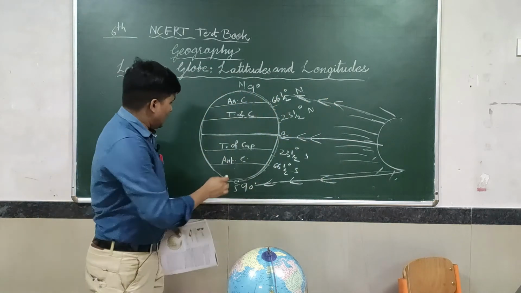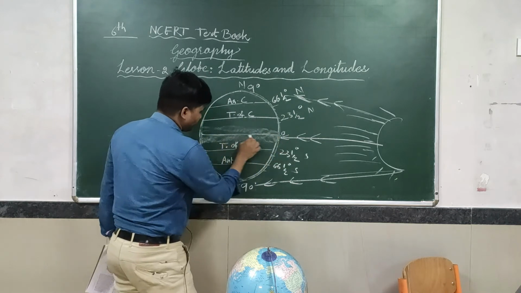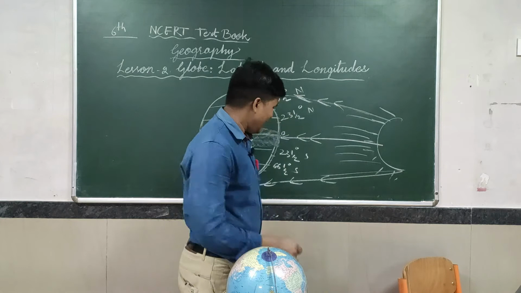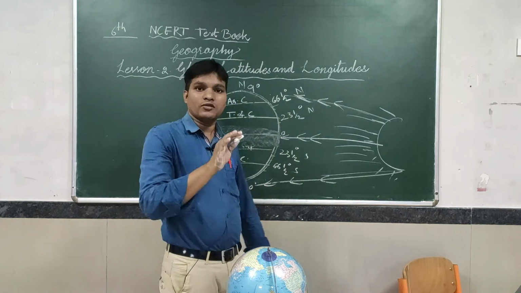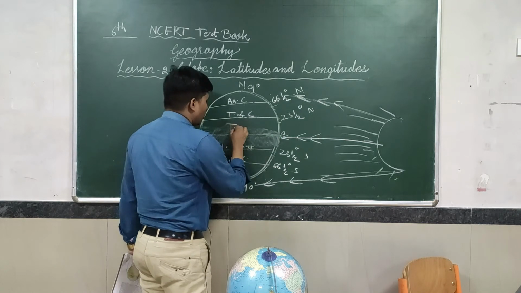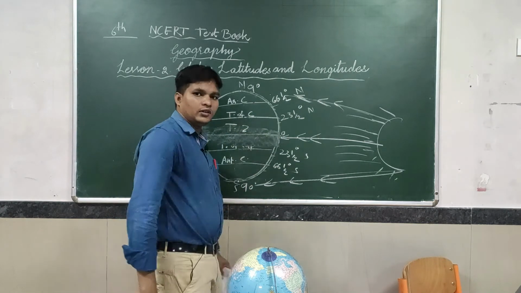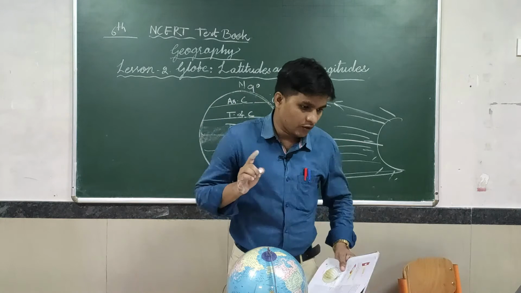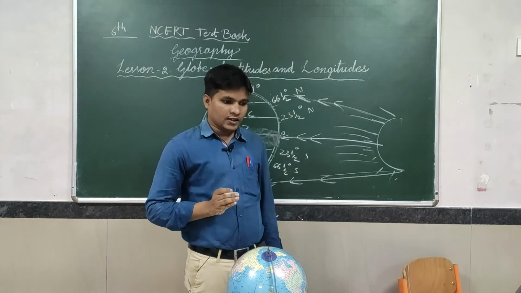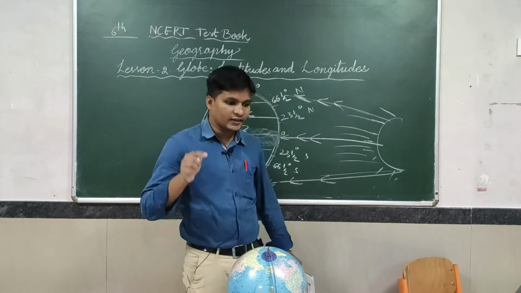Are you getting my point? This area became so hot, while this area is not that hot. So this area is called the torrid zone. This area, what do you say? Torrid zone. So listen here, the area around the Antarctic Circle in the southern hemisphere has medium temperature. They are called